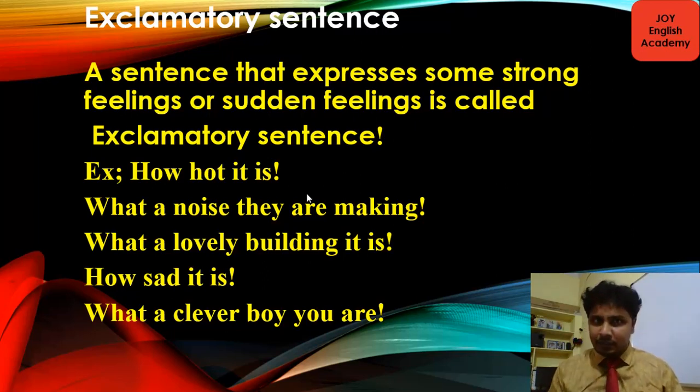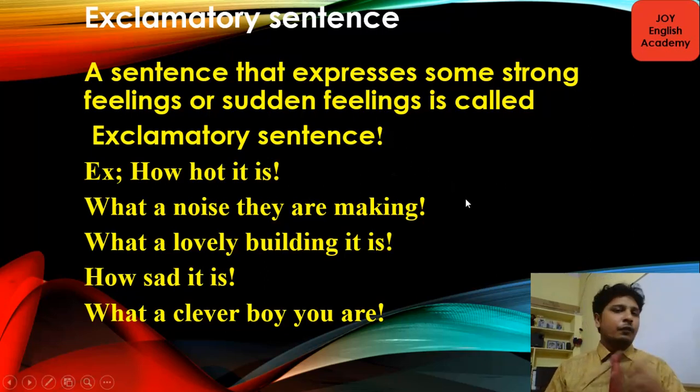All these statements make an exclamatory sentence. What is an exclamatory sentence? An exclamatory sentence is a sentence that expresses strong feelings or sudden emotions. Alas, bravo, hurrah, oh, wow. All these are exclamatory words which are used to express sudden feelings or sudden emotions. That is called an exclamatory sentence, and an exclamatory sentence always ends with an exclamation mark. We need to put this mark. Right, children? Let's go further.